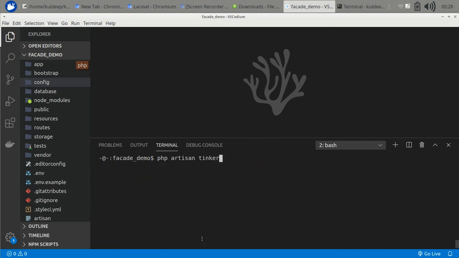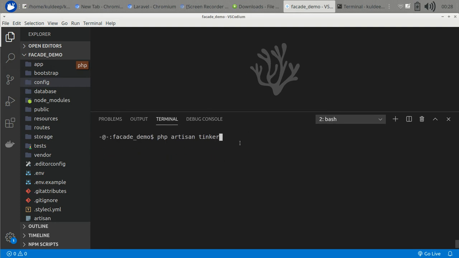PHP artisan tinker command on the Laravel root. Okay, so if we run this command, we will land in the command line interface in Laravel. Here you can run a bunch of commands. Like if I run the env command, then it returns the current environment of your application. If we run the migrate command,